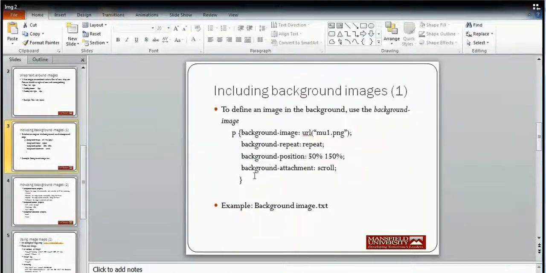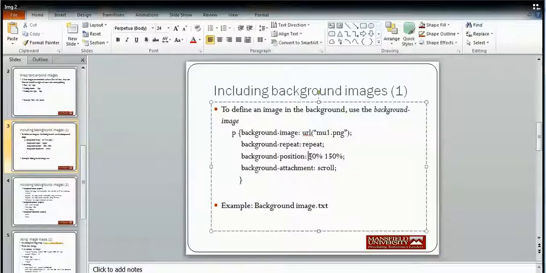So for background-attachment, you can change it to fixed, or you can change it to something different. This is horizontal, this is vertical. So you can try using different properties to see how they will influence the layout. Finally, we can